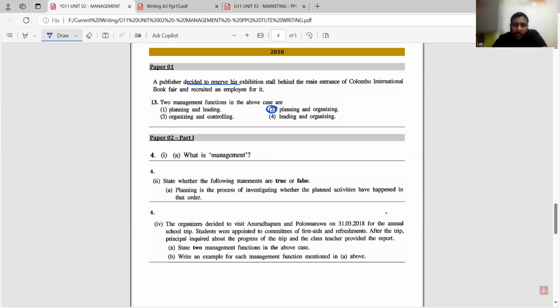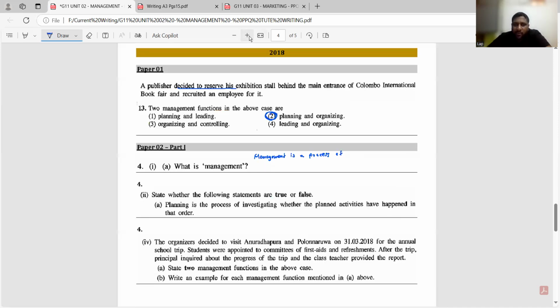Next one. What is management? Very simple. Management is a process of. You are not required to write the exact words. I'm just giving you the idea. You can write it in your own words. Management is a process of